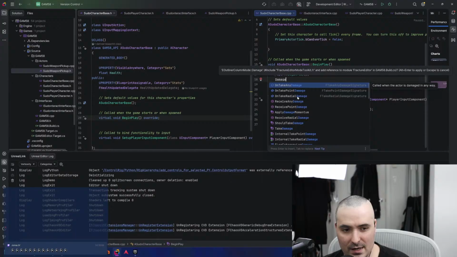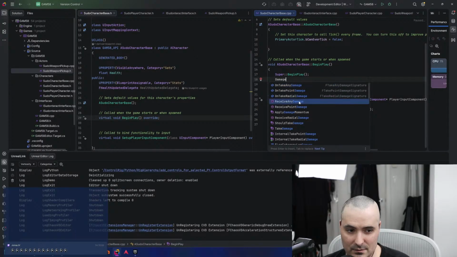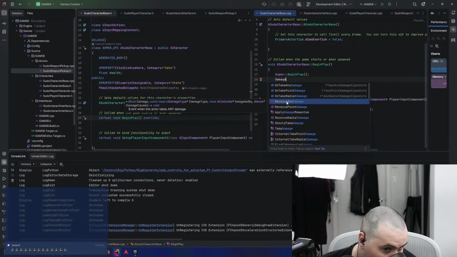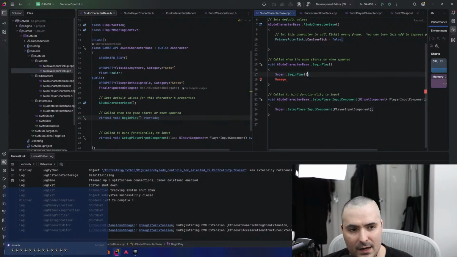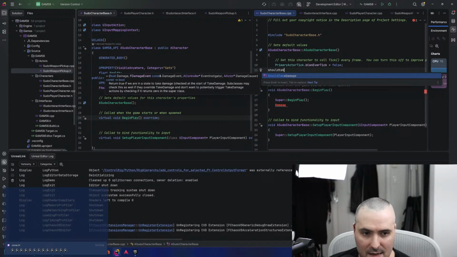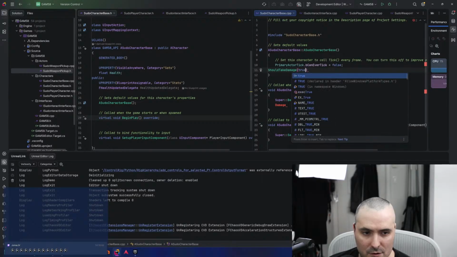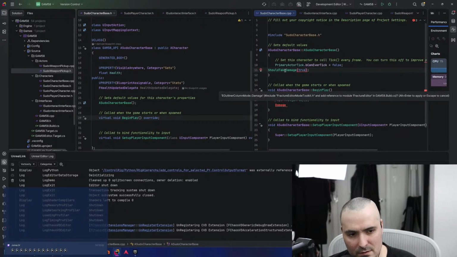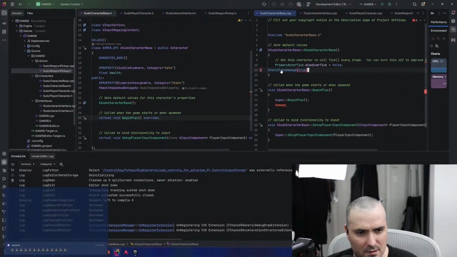Point damage, radial damage, receive any damage. Right now, if we come down here, should take damage. True. Wait a second here.